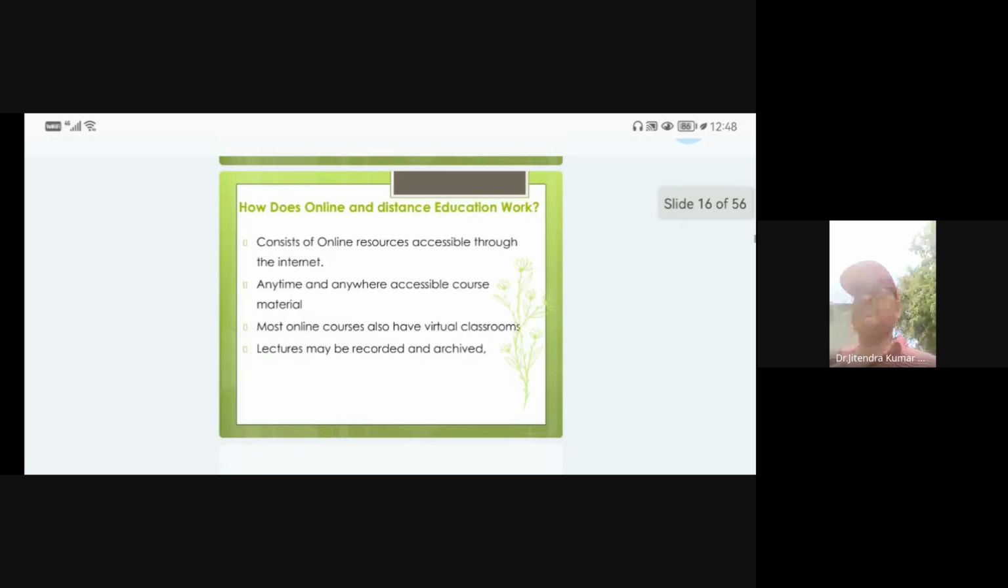Next is, how does online and distance learning work? Okay, so let's have a look at it. Online education typically consists of lectures, readings, quizzes, and discussions accessible through the internet. Students can access course material on their computers or mobile learning devices anytime and anywhere. Most online courses also have virtual classrooms where students can collaborate in real time and ask questions to the academic counselors or teaching assistants. Lectures may be recorded and